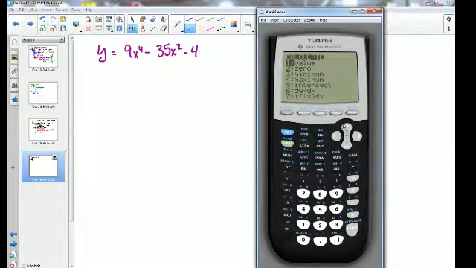Okay, so we're going to second trace, that's the calculate menu, and now we want to do a 0, right? This menu is kind of important. There's even a calculator portion of the AP Calc exam right there. 6 and 7 are friends. Okay. Again, we're doing left bound and right bound and a guess, right? So if I want to do,